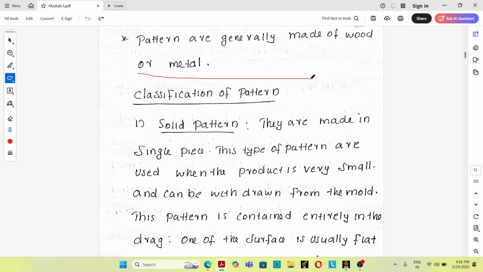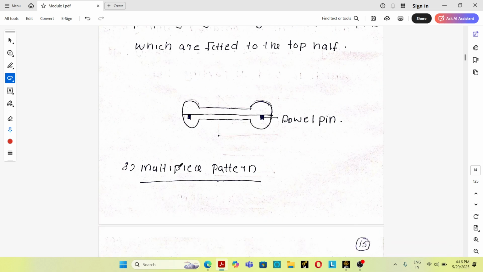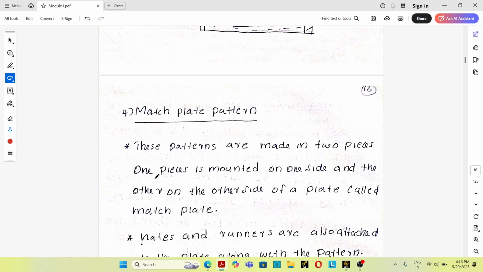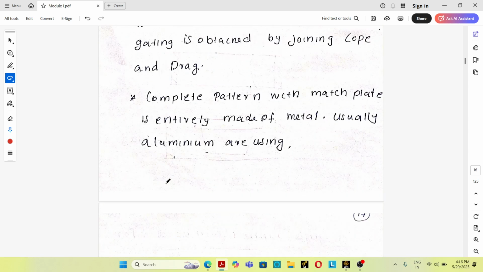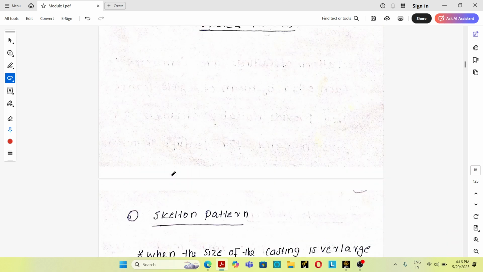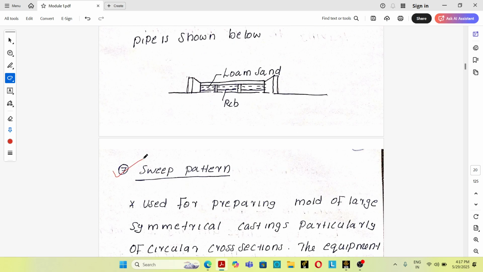So we are going to discuss the different classifications of pattern which are used in the sandcasting mold making process. We have a lot of classifications. First one, solid pattern; second one, split pattern; third one, multi-piece pattern; fourth one, match plate pattern; fifth one, gated pattern; sixth one, skeleton pattern; seventh one, sweep pattern;